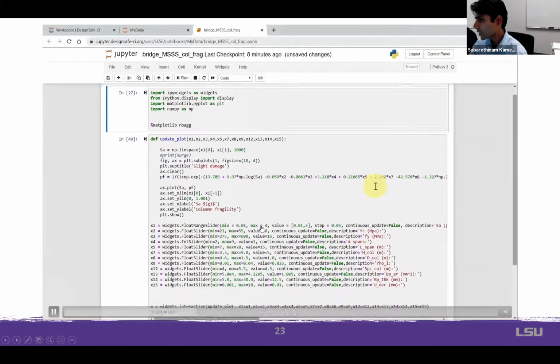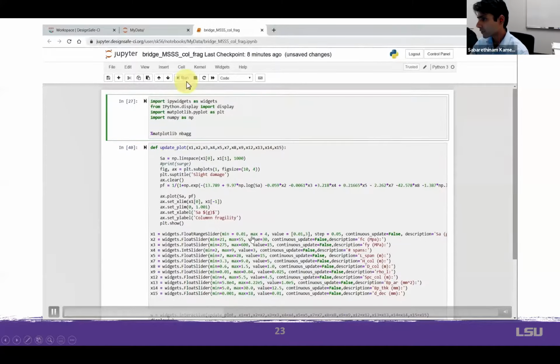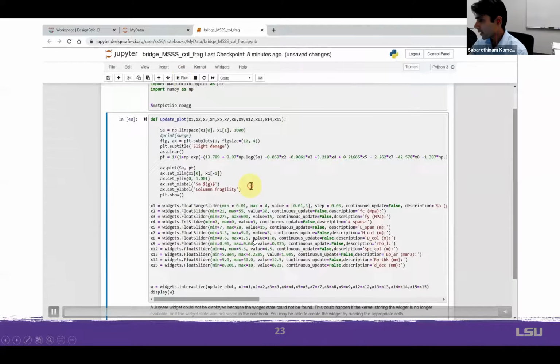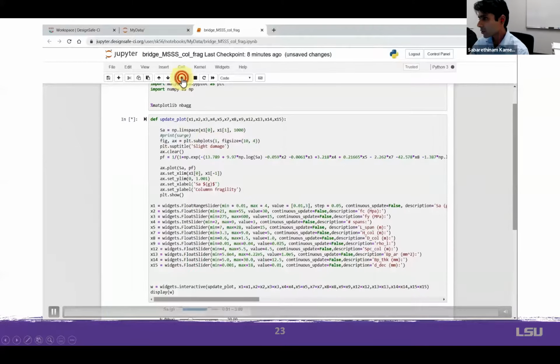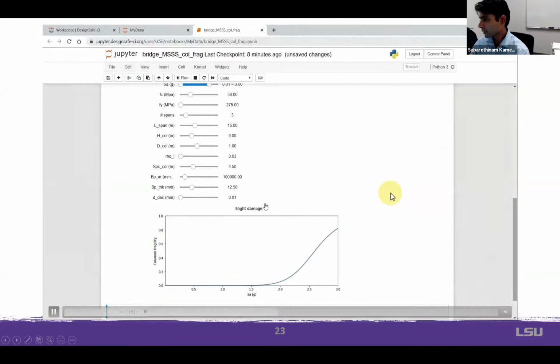This is the widget; I think this example is already available publicly. This widget creates an interactive means to show how the effects of different parameters can be studied. For example, this is showing the typical fragility curve, where we have intensity measure and the column fragility. We can change, for example, the decrease in the rebar and see the fragility increase. We can increase the column diameter and see immediately how the fragility curve changes. And we can do this for all of the parameters that we have.